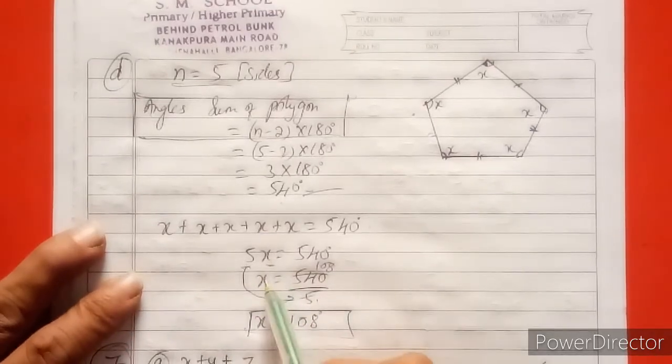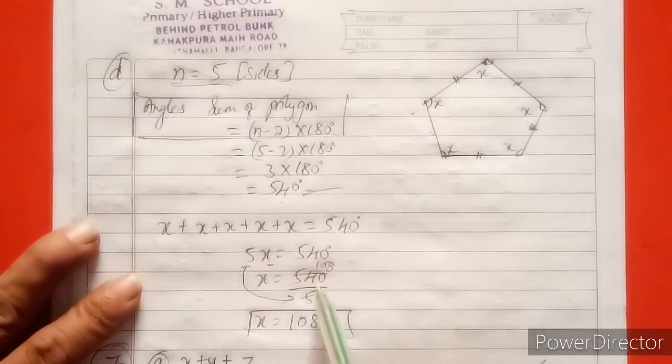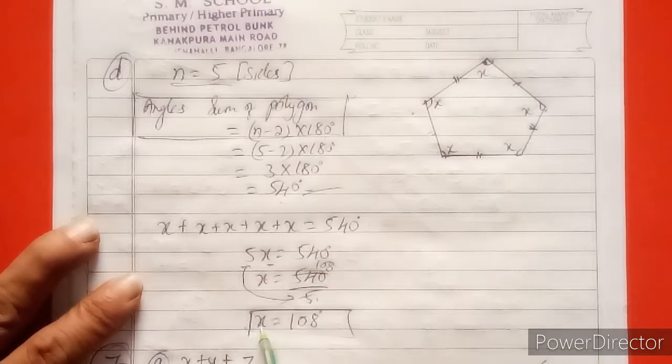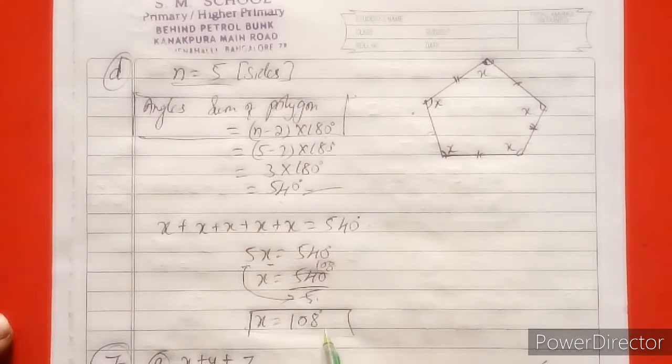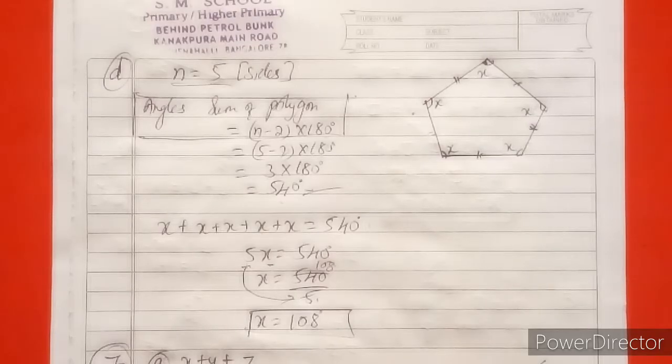Right? And x is equal to 540 divided by 5. If you cancel that, 5 ones are 5, 5 zeros are 0. In 5 table 4 will not come, and 40 will remain. 5 eights are 40. Then x is equal to, what did we get? 108 degrees. Did you understand? Next,